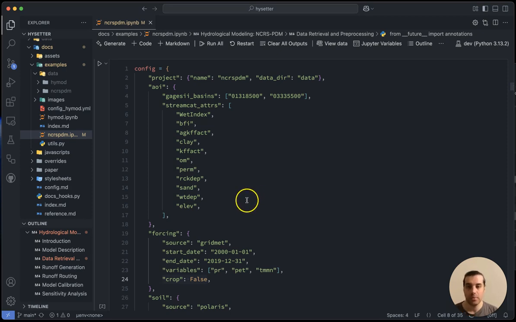Next, if you're using the command line interface of HySetter, you would need to provide a YAML file as a configuration file. Or if you're using the Python API, you can create a dictionary with all the required config files. So what are the